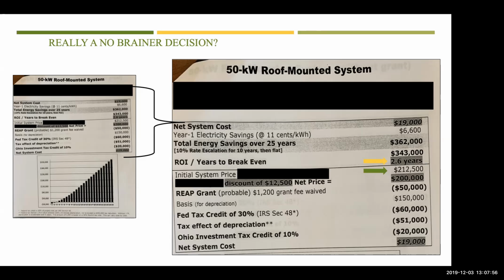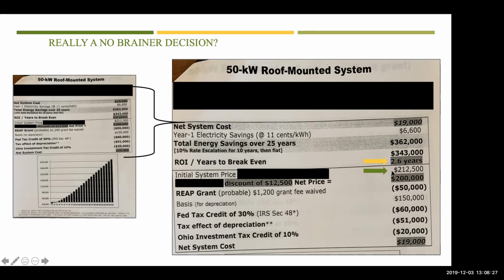The modeling tool that John and I are going to share with you, we really tend to focus on using multiple metrics. We like, first of all, making sure that we're discounting future cash flows and looking at net present value, looking at a discounted payback period, and utilizing levelized cost of energy to have all three of those help inform your decision. But back to this session here, we really want to focus on, okay, so $212,000 for a